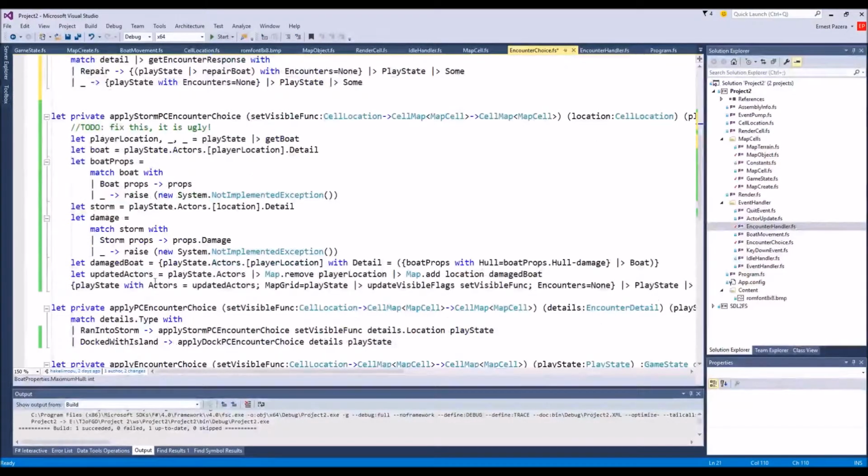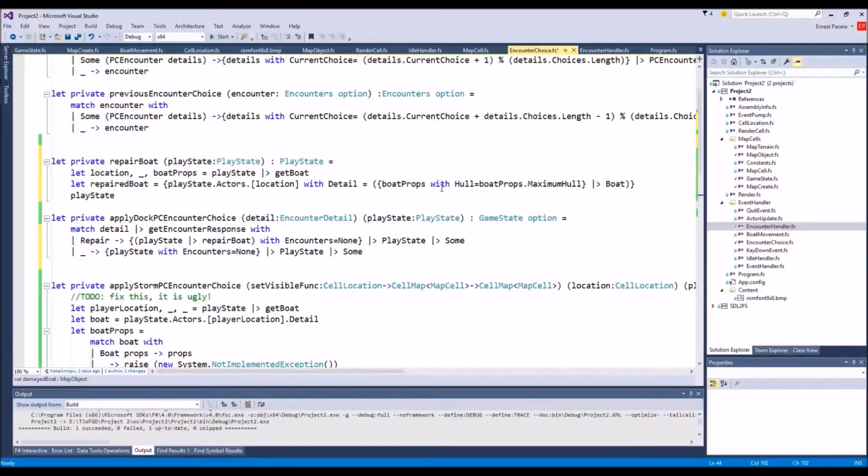And then play state. Okay. Location. So repair the boat. So